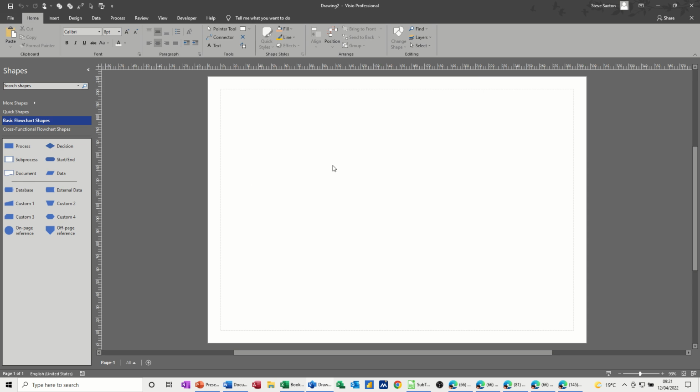So once you get a blank flowchart on the screen, you get this stencil there. That's the basic flowchart shapes. You've also got the cross-functional one in the same template. But I'm going to create a basic one. Now you have this start-end shape, which is what I need to bring onto the screen first of all. So if I just drag that onto the screen, that's the start, and then you get these